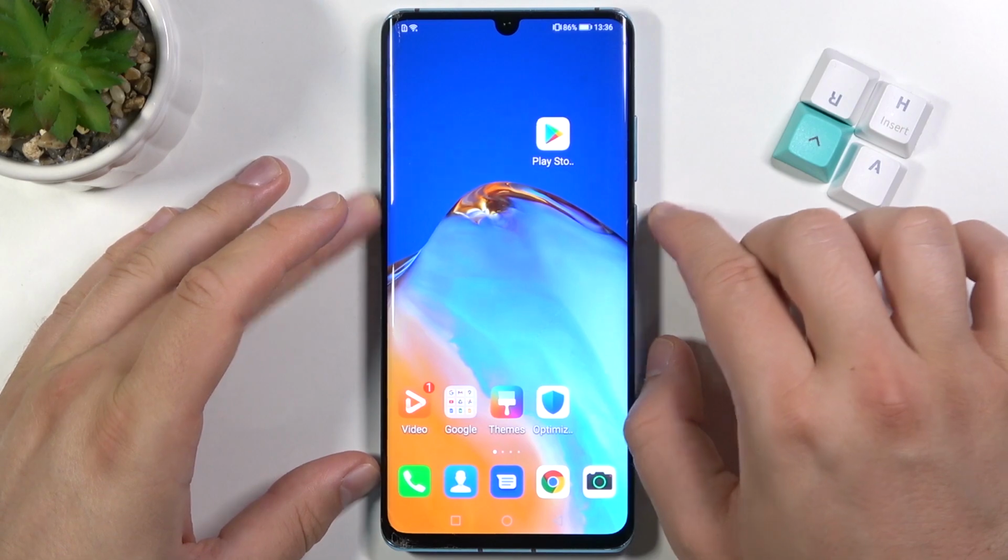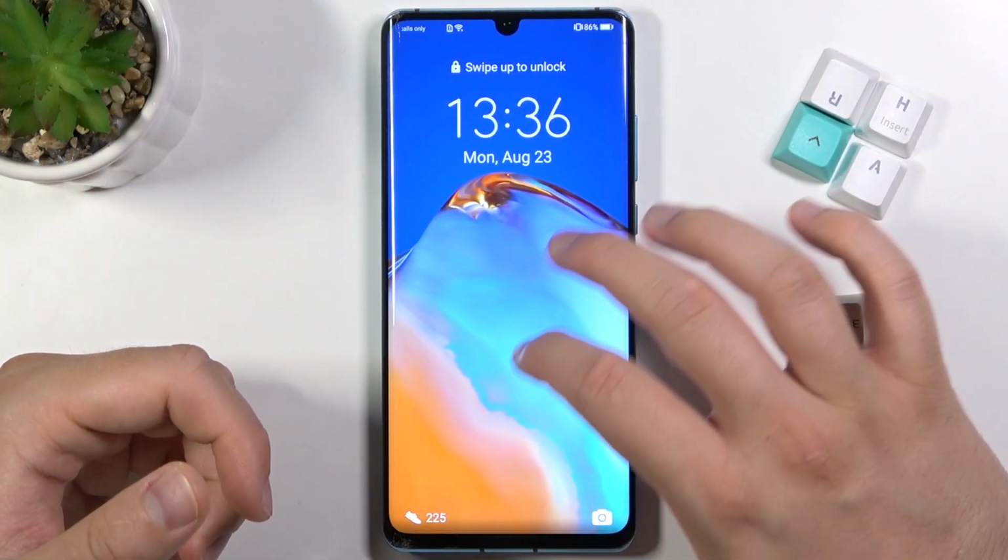And as you can see right now, when you go back and lock screen and then unlock, we will get our